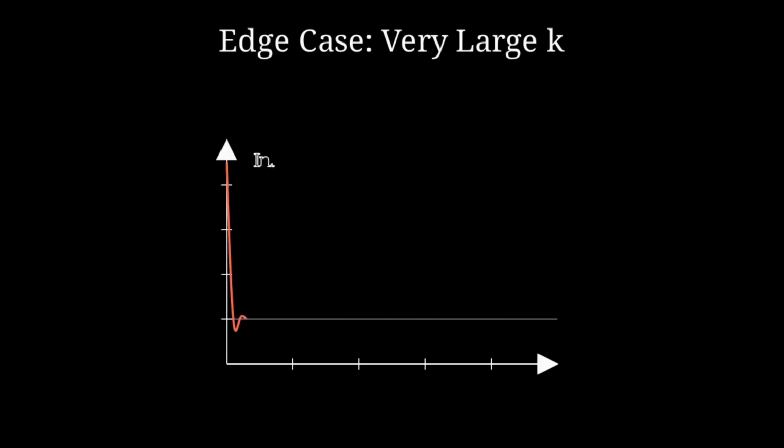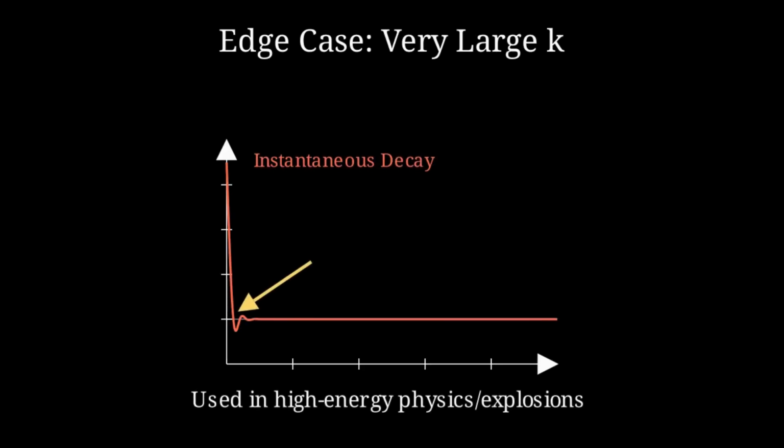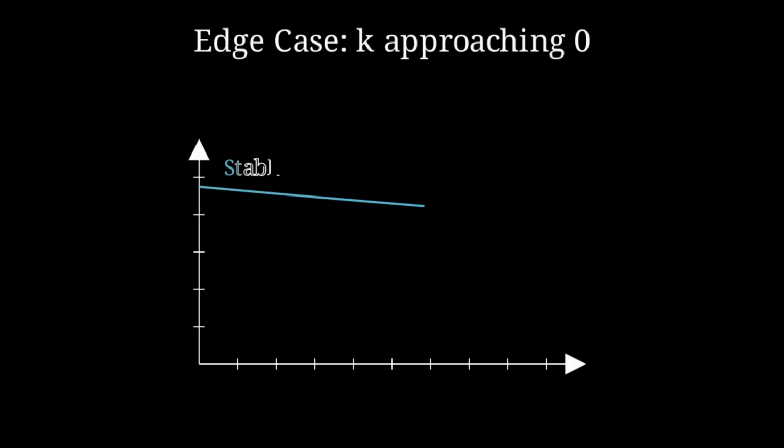What happens in extreme cases? If the decay constant K is extremely large, the substance disappears almost instantly. In mathematical modeling, this looks like a vertical drop. This is used to model things like the discharge of a capacitor in a high-speed circuit or the decay of extremely unstable subatomic particles. Conversely, if K is very close to zero, the rate of change is so slow that